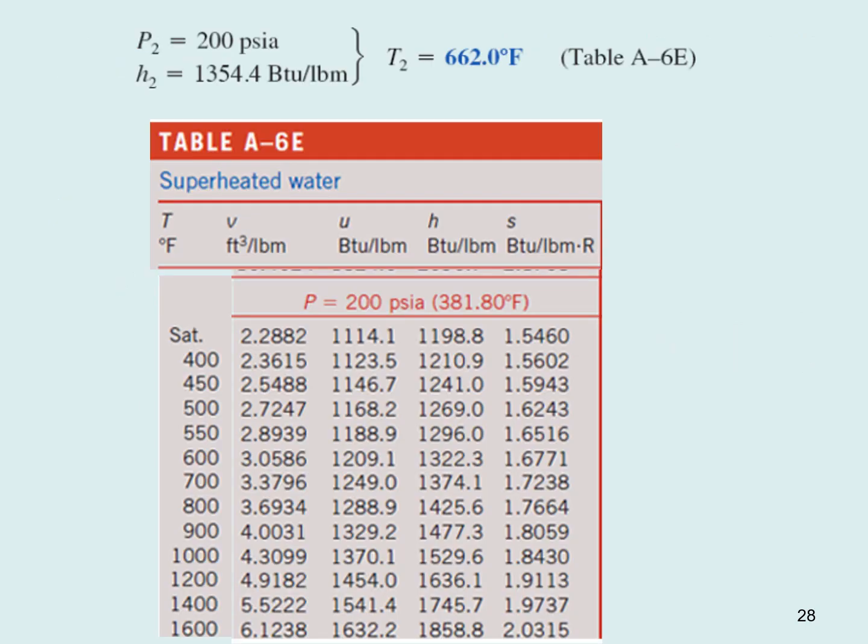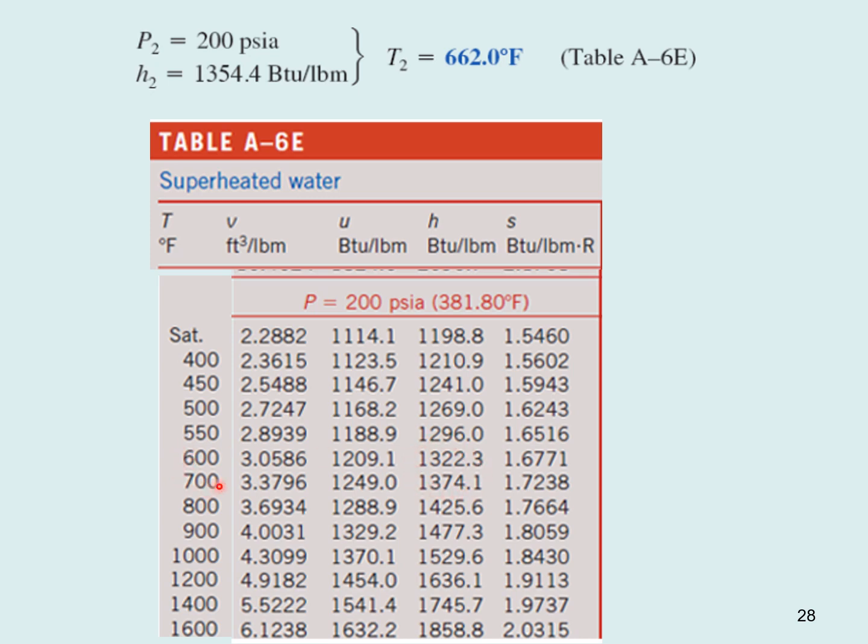So let's look at the table here, just to show you how to do this again. If you look in the table, you'll find that we have to be in the superheated table. So if you go to the superheated table at 200 psi, and you go down through the list, you're looking for H, right? So here's your H column. If you go down and look for 1354, obviously you don't find the exact value in here. So it's somewhere between here,